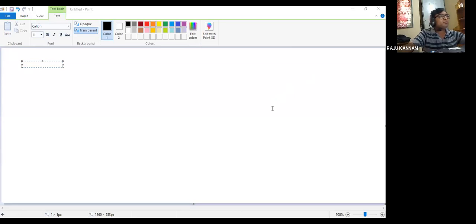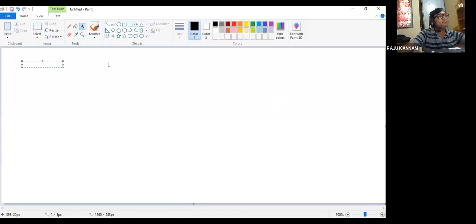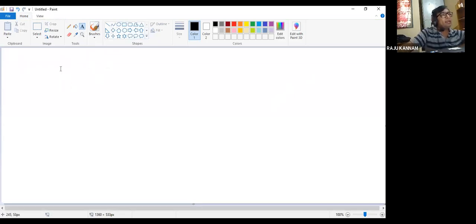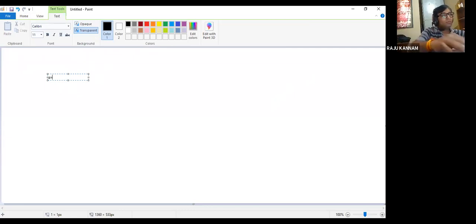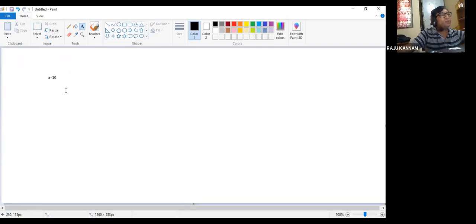So generally, for example, I am writing a equal to 10. The moment you write this, one object will be created in the memory. That means the operating system will allot some amount of resources. An object is nothing but a set of resources which are required to execute certain functionality.